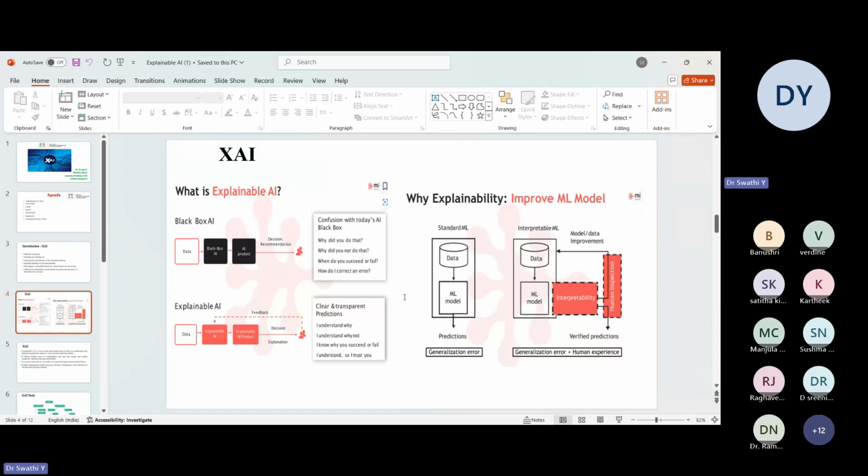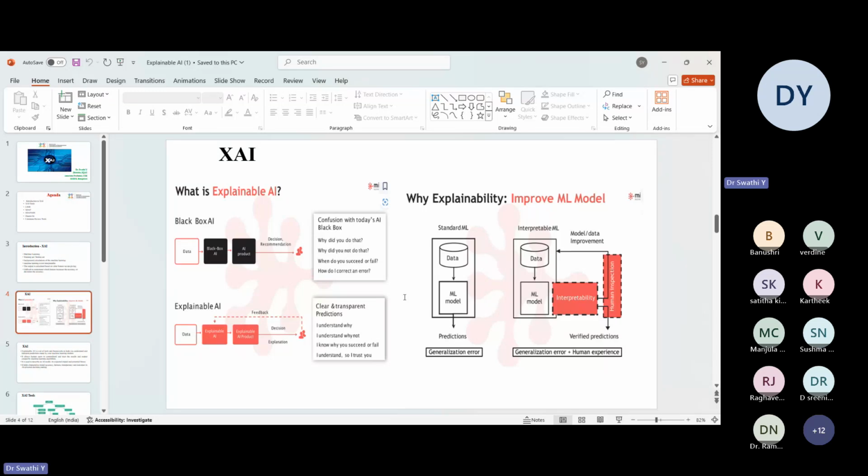If you look at the block diagram on the right side, in the standard machine learning model, we take data as input and generate predictions without even providing insight into how these predictions were made. The lack of transparency can result in generalization errors in the case of a standard machine learning model, which is not easily interpretable. But in the case of an interpretable machine learning model, we use an additional step where model predictions are analyzed for interpretability.